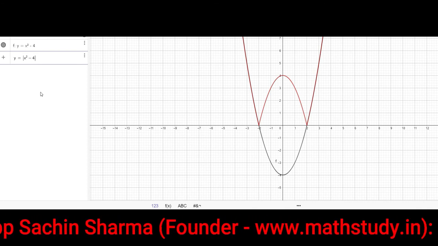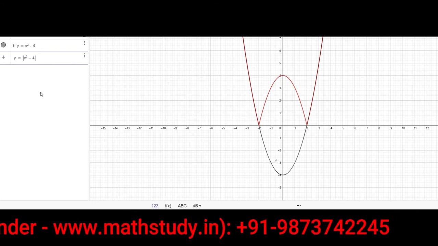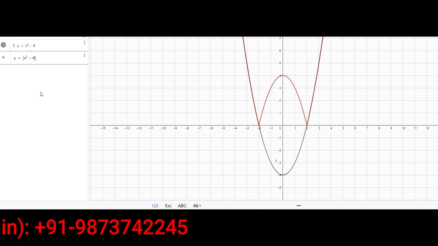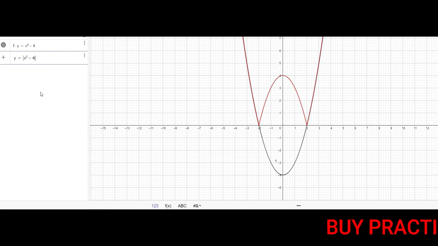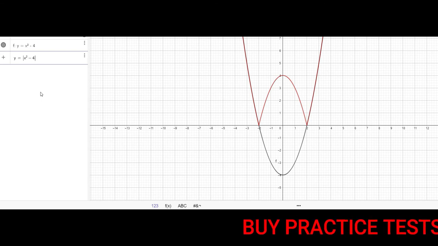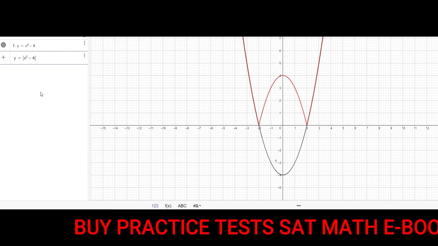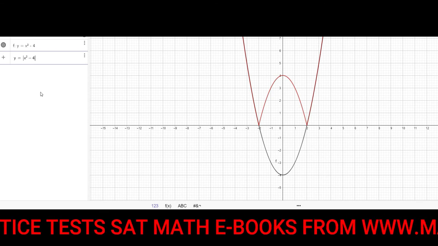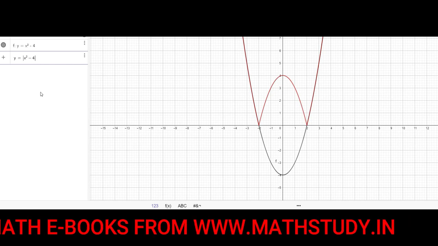That means the value of y remains 0 at minus 2 and 2, but as the graph is a modulus function, it won't go towards the negative direction of the y-axis. At minus 2 and 2 it stops and starts moving in the other direction, that is, the positive direction of y. So this is our required graph of y equals mod of x square minus 4, right? I think you have understood this concept, and let us move towards our question now.